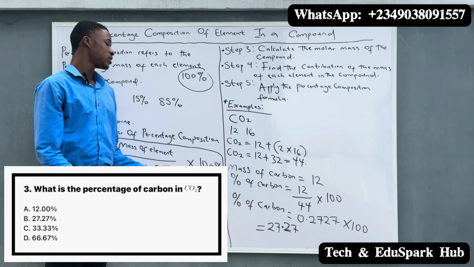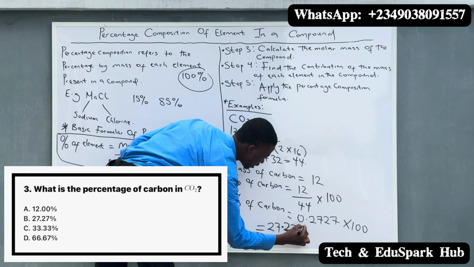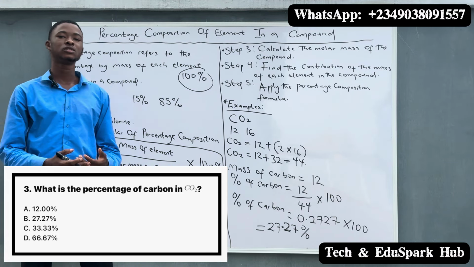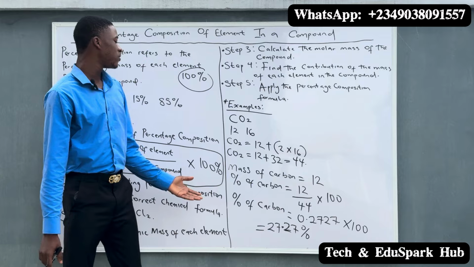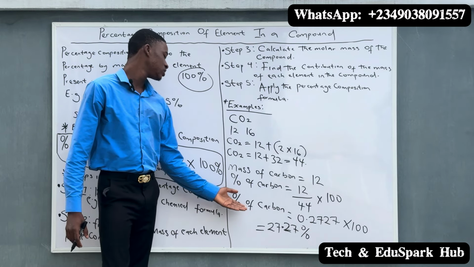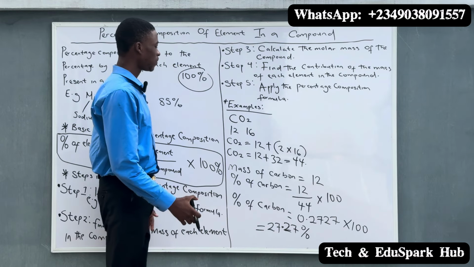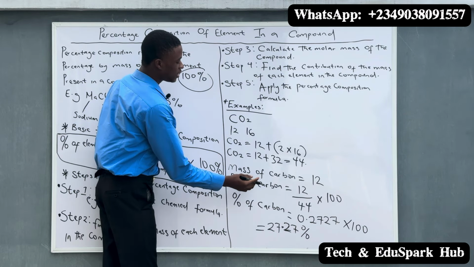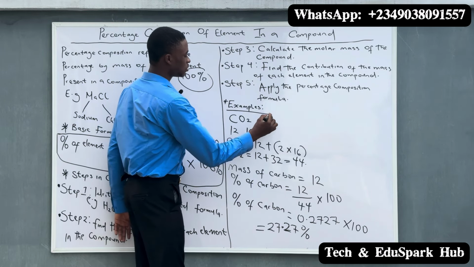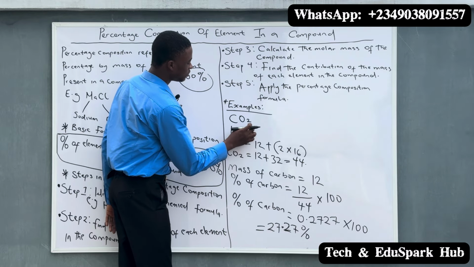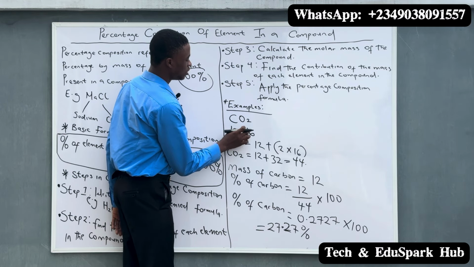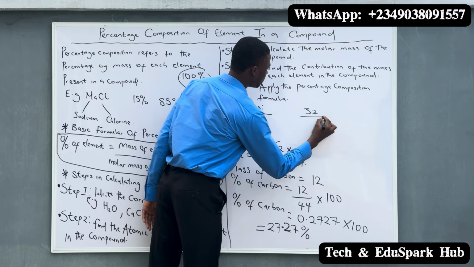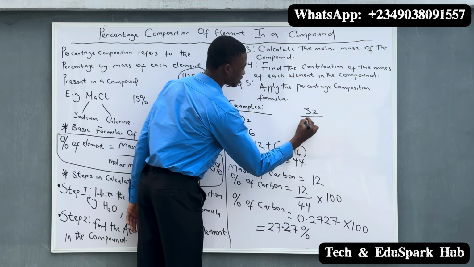So 27.27% is correct to this kind of question. This is given as our final answer. Let's say we are asked to calculate the percentage composition of oxygen in this case. What we just have to do is look for the mass contribution of oxygen. The mass contribution of oxygen will be given as 16 multiplied by 2 because we are having CO2. So 16 multiplied by 2 will be given as 32. So 32 divided by 44, which is the molar mass,